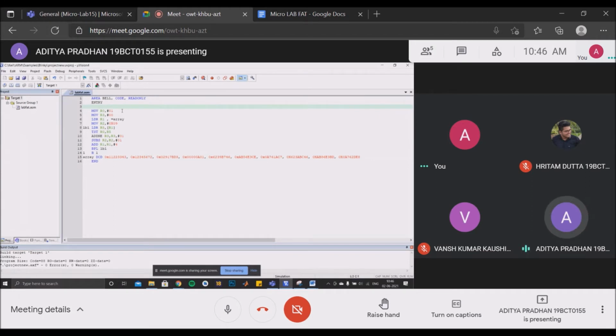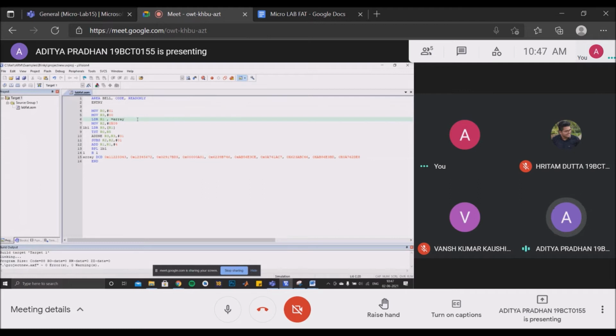Further, we have ENTRY, and in line 4, we initialize the R0 register with the value of 1, and in the next line we initialize the R3 register with value 0. The R3 register will be used for counting the number of odd numbers and keeping the result. In the sixth line, LDR R1, =array.